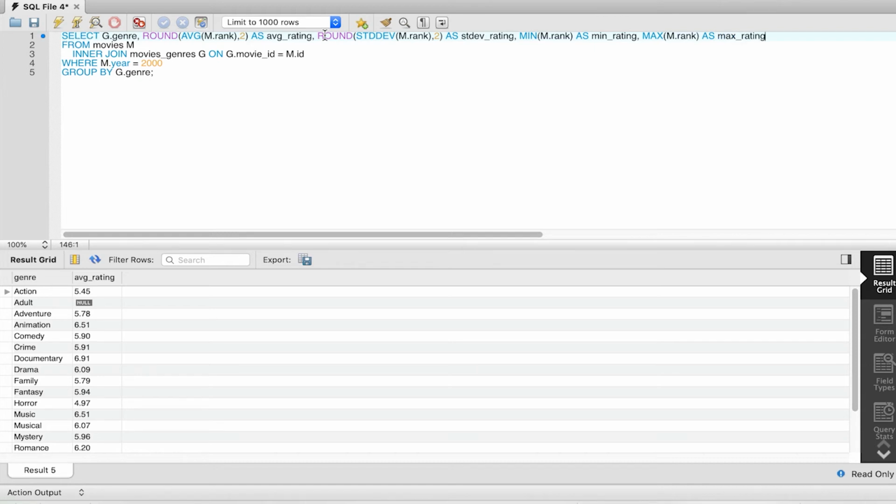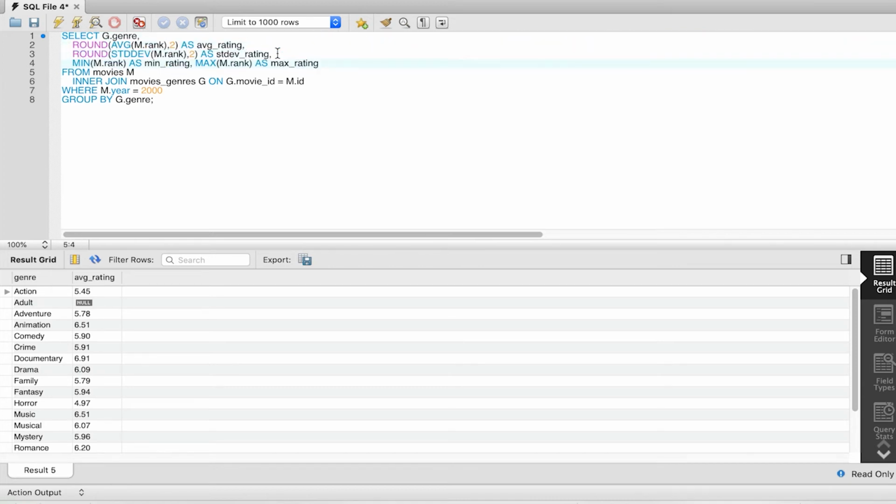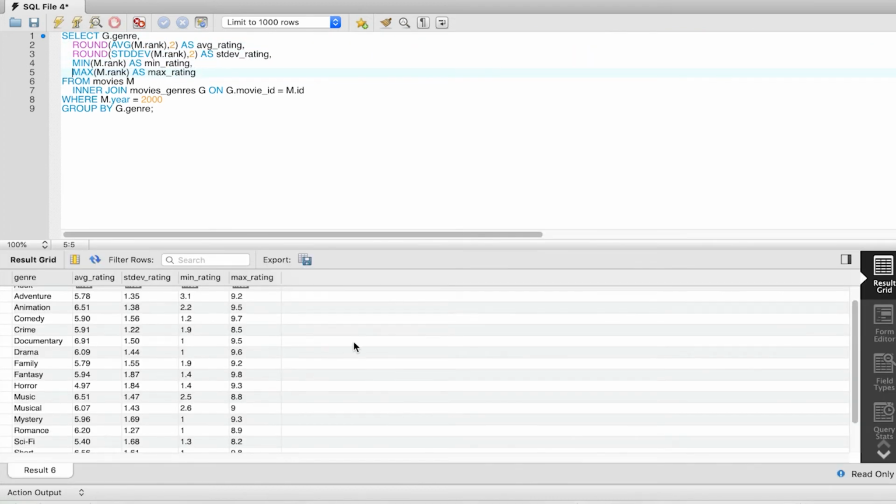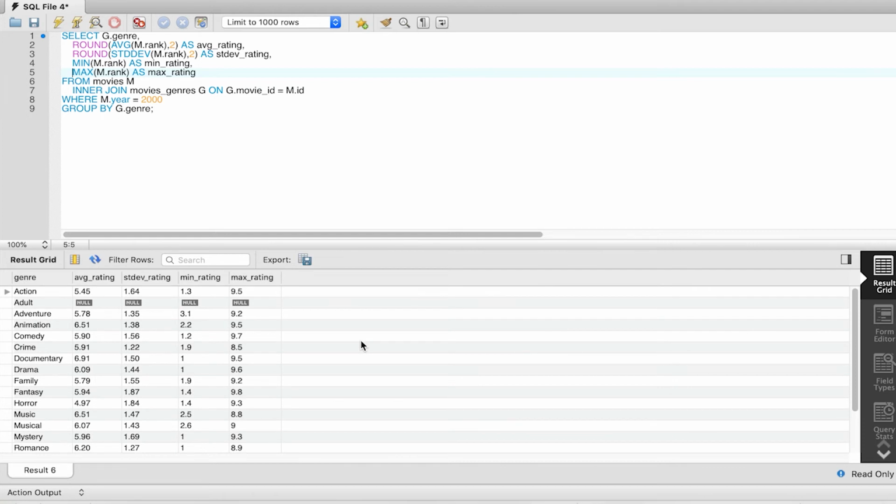Notice at this point that the select clause tends to become rather long, so it starts making sense to have each aggregate function in its own line purely for reasons of readability. It doesn't change anything in SQL, but it's much easier to read.